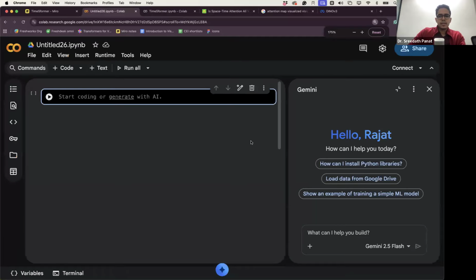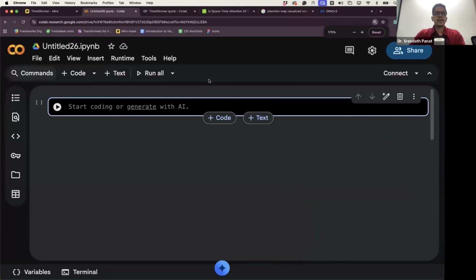So now let's start with basic things. First we need to install a few things. So just do pip install, and before that, put an exclamation mark. Torchvision, I think most of you will have, but I had to install it because it was not there in my system when I was trying this for the first time, although I have used it many times. Then timm for